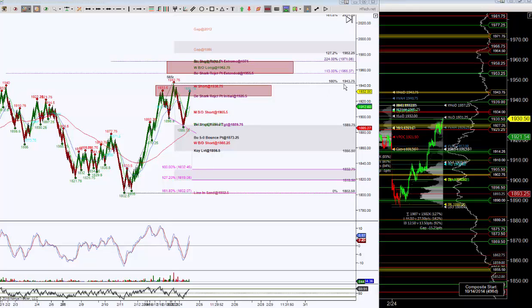Of course, if it gets up to this 1943.75, the right shoulder will be the same as the head, and I'll just eliminate that. If price is able to hold above that 43.75, I'm going to look for this extended PRZ. 1971 is a monthly sword line as well as the extreme for the shark. The extreme, okay? There's always a possibility that it could breach it and test this gray zone, 1982.25, or even